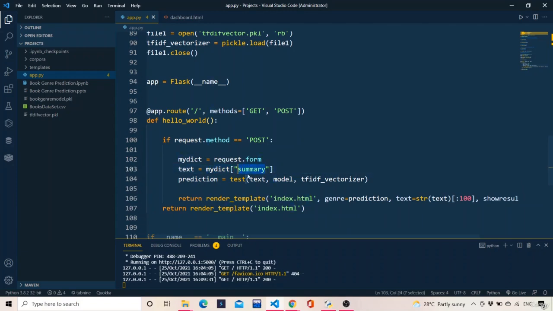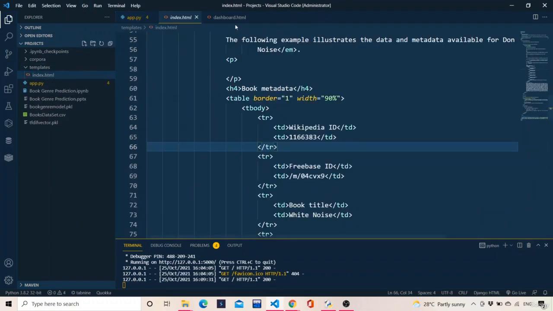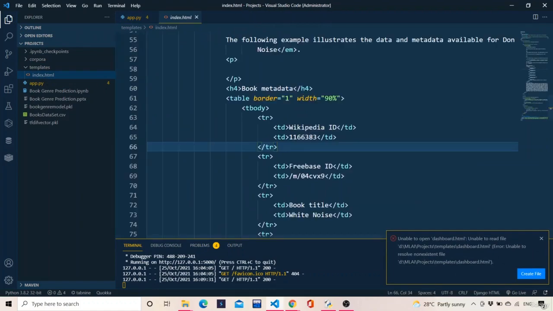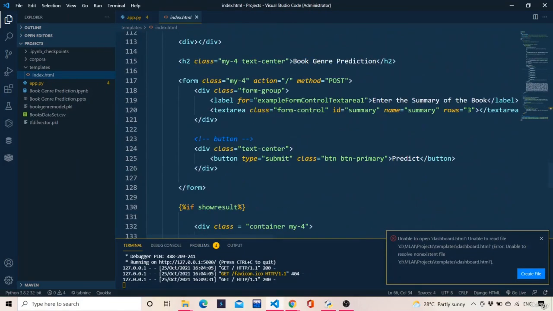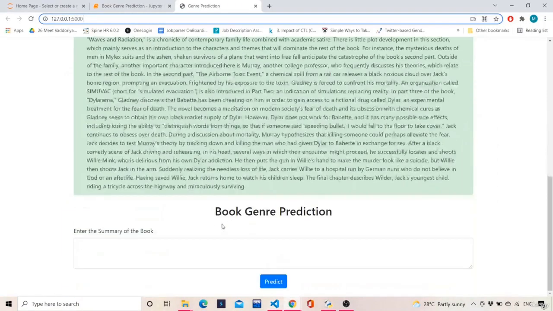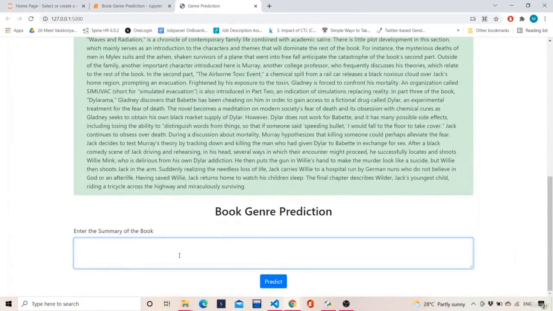Why do we want summary from here? Because if I show you the index.html over here, you can see the name is equal to summary. So this text area has the name summary. The text area is basically this one. Okay, this is the text area.